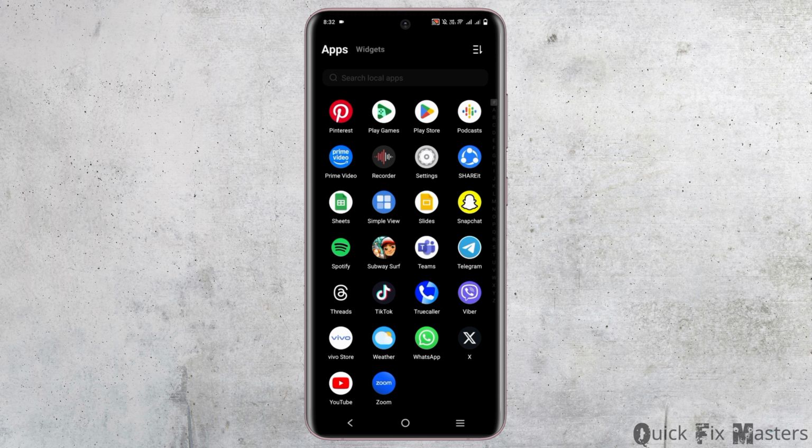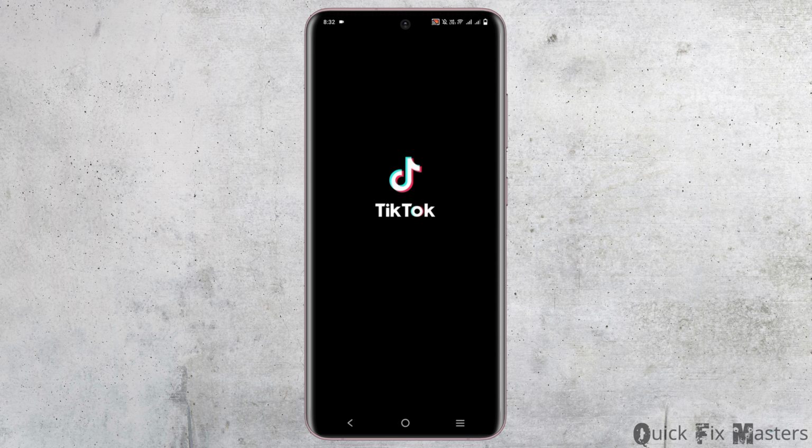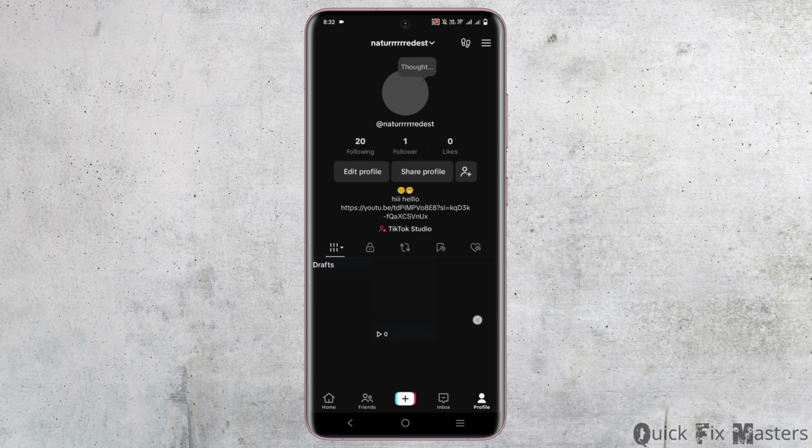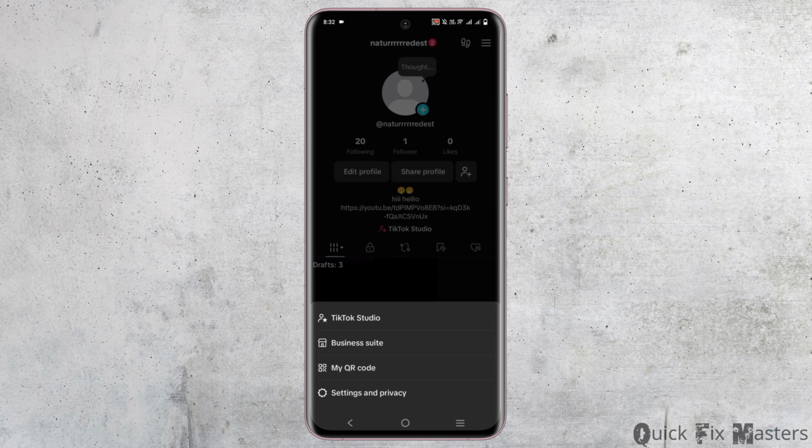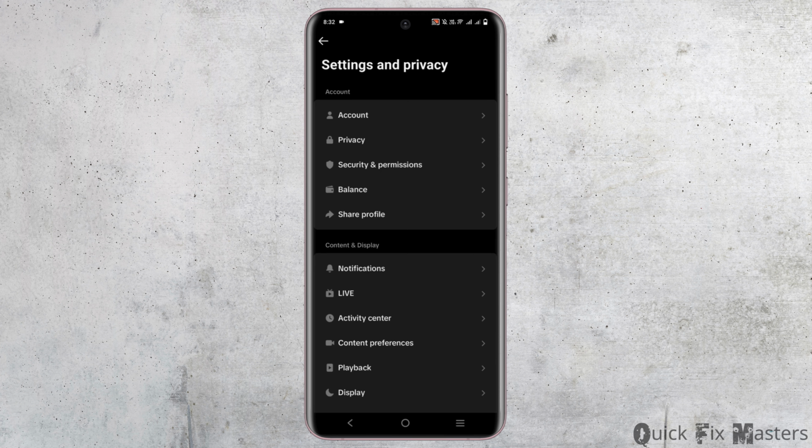Unfortunately, there is no such direct way by which you can determine a TikTok account's creation date. It is not even mentioned on your account information. But there are some workarounds that you can try if you really want to find out the TikTok account's creation